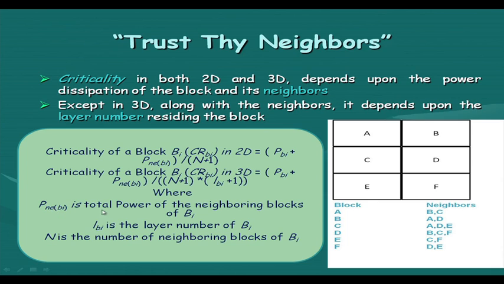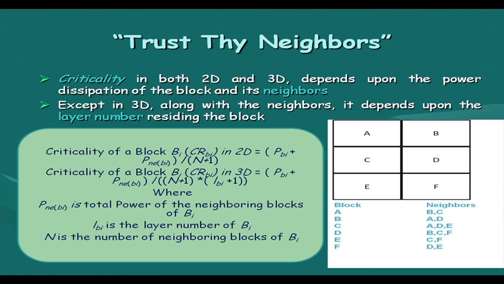So, PNEBi is the total power of the neighboring blocks of Bi, PBi is the power of the current block, and n is the number of neighboring blocks. Now, for 2D we have neighbors only in the current plane. For 3D we may have neighbors in the other levels as well. Also the layer factor becomes an important issue, because in 3D we have a multi-layered